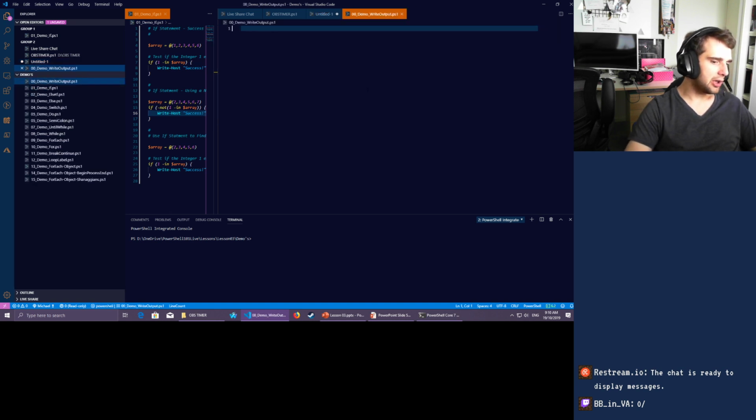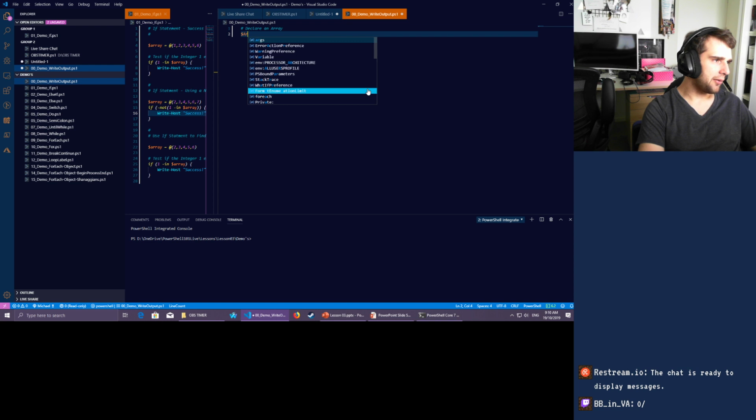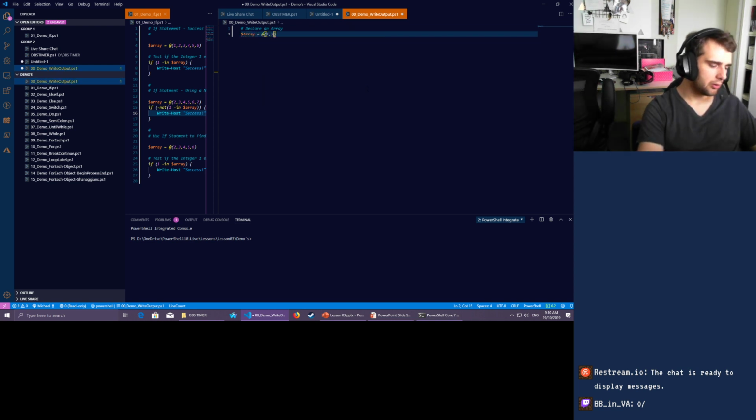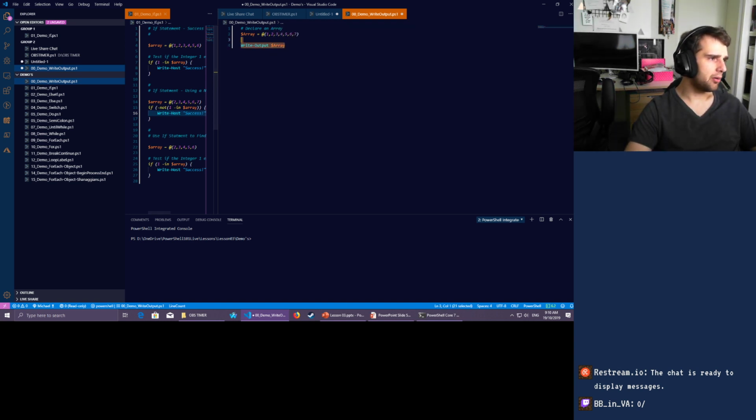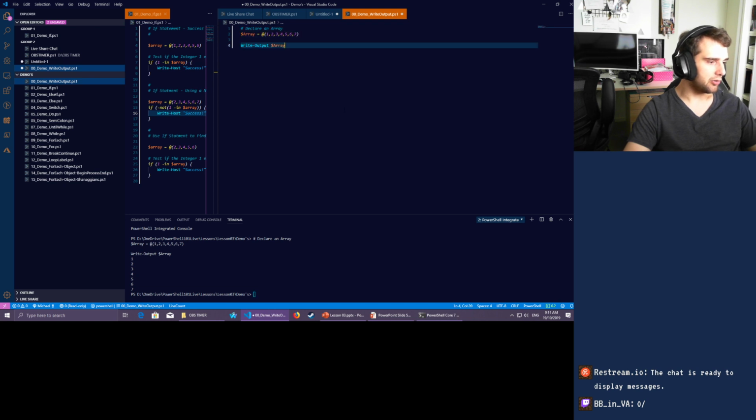So essentially, what we'll have here is we'll just declare an array. Like so. And basically, if we do a write output, that's going to return to the parent, which is basically the PowerShell actual pipeline, or the pipeline itself, which will then return. That's fine. But to actually articulate this a little easier, what we can do